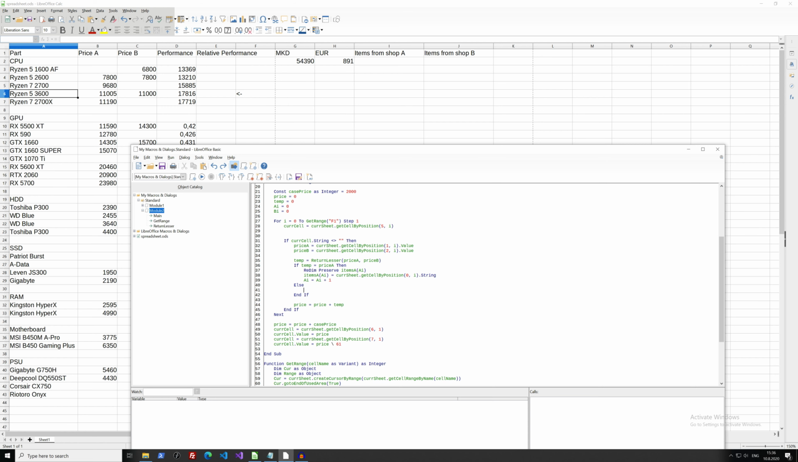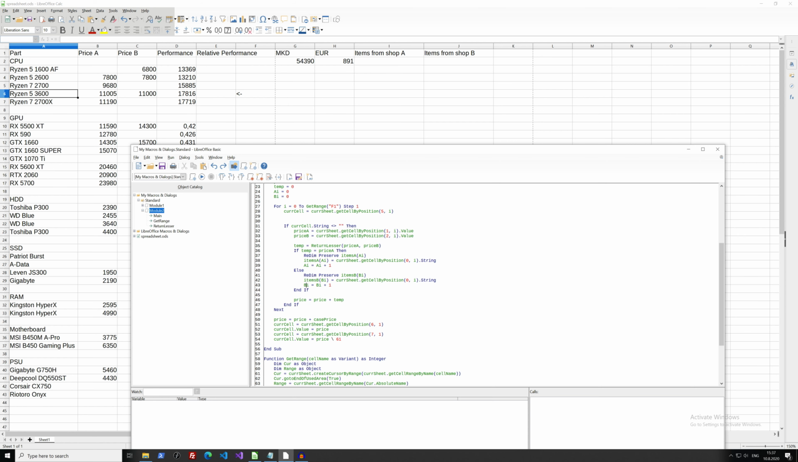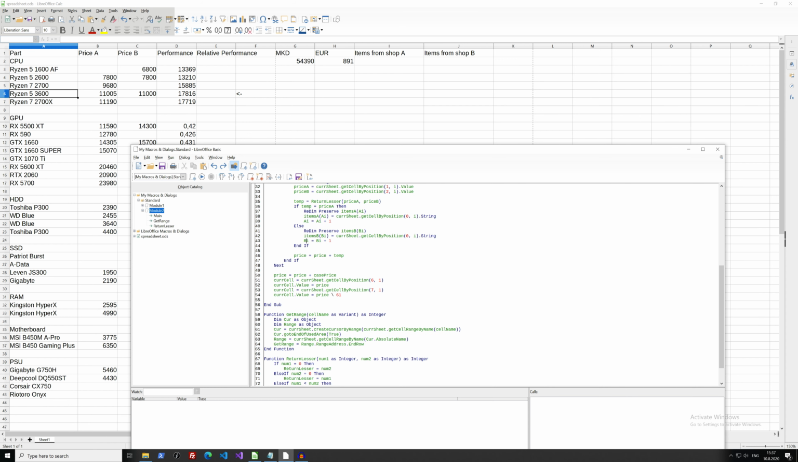Else, so if temp is not equal to price A, just do the same for price B. And I'll just change it for items B. But it's essentially the same code. Well, it is the exact same code. So we have that done with, but how do we type it out? Well,